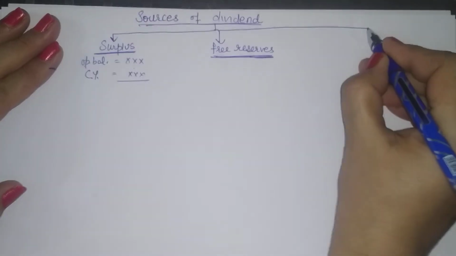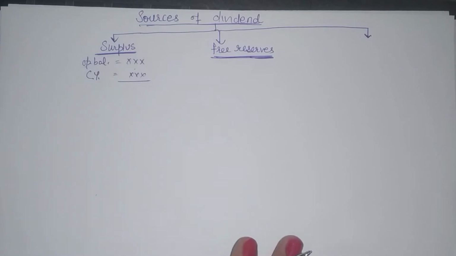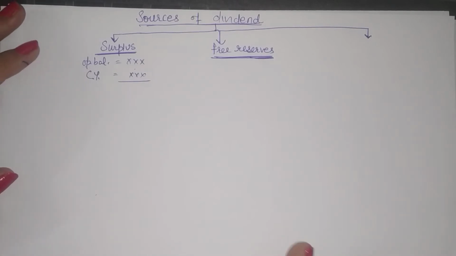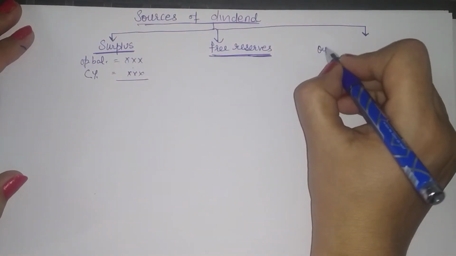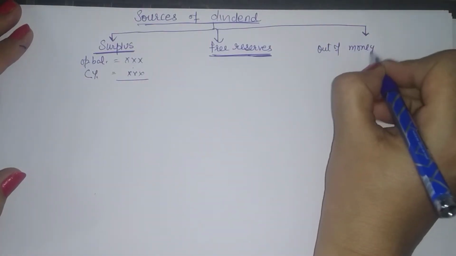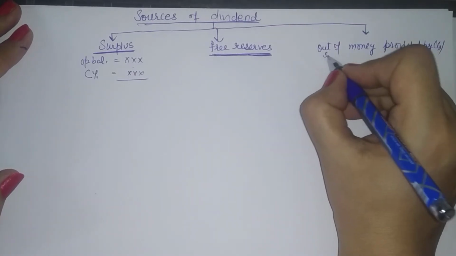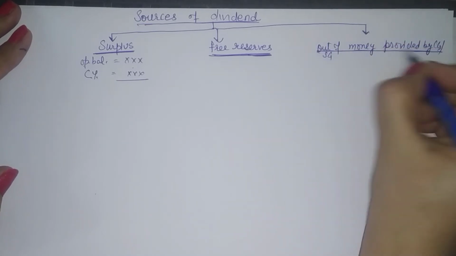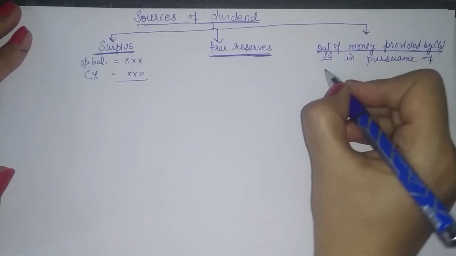Now, in case of some companies, the government might be providing some assistance because of the guarantee given by the government regarding the dividends. Okay, so the amount which is provided by the central government in this regard, that will also be available for giving the dividend. So a third source is out of money provided by central government or state government in pursuance of guarantee